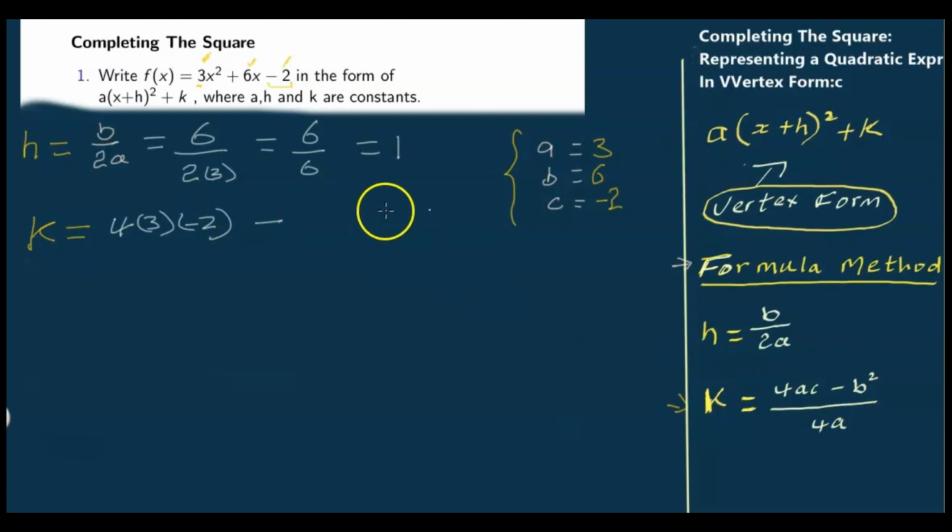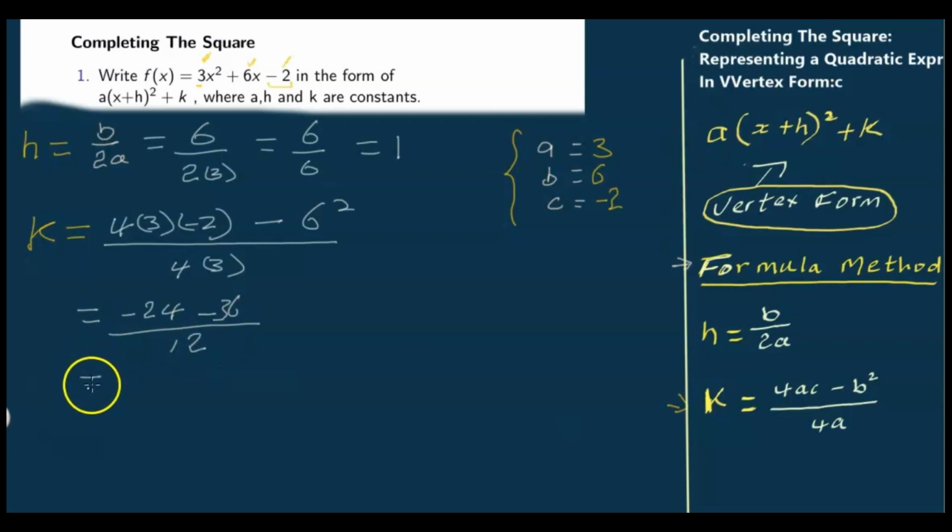So we're going to minus b squared, and b squared is 6 squared. You're going to put all that over 4a, 4 by 3. When we work out the numerator, 4 by 3 is 12, 12 by -2 is -24, so it's -24, minus 6 squared, 6 squared is 36,